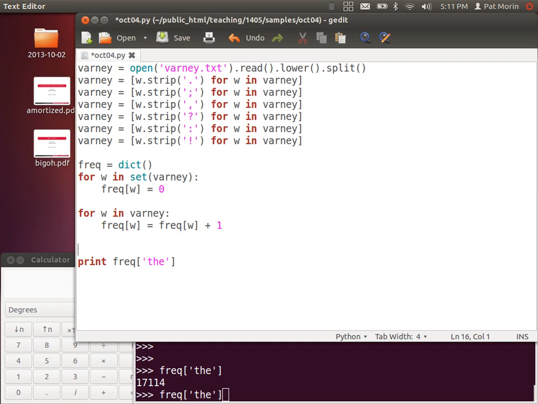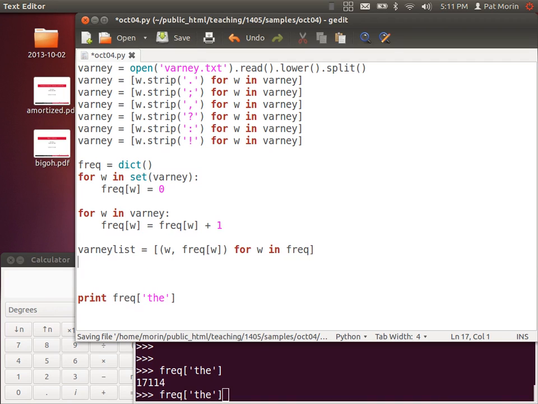Okay, so let's turn this around a bit. Now we're at the point where we're just trying to guess the words that occur frequently, and that's fun. But maybe, if this was a data mining application or a trending application, you don't want to have to guess the words. You'd just like to see the most frequent ones. So let's think about taking this whole thing that we've built. We've built this frequency dictionary,